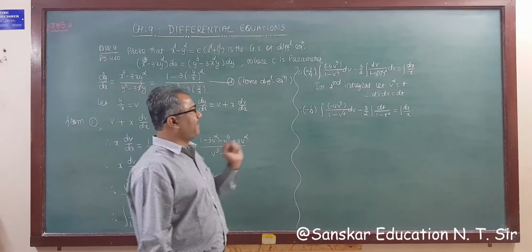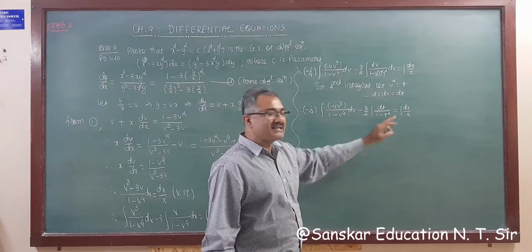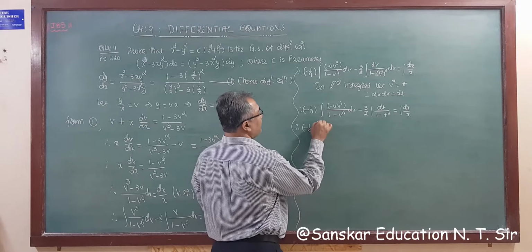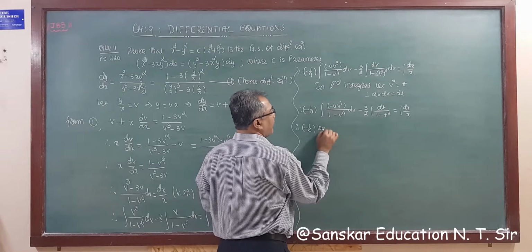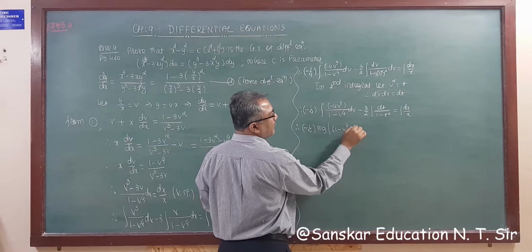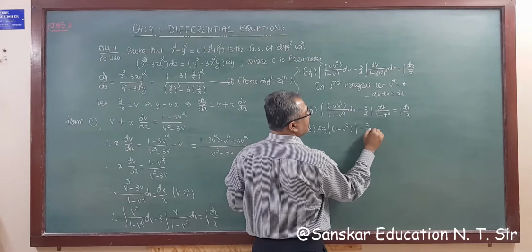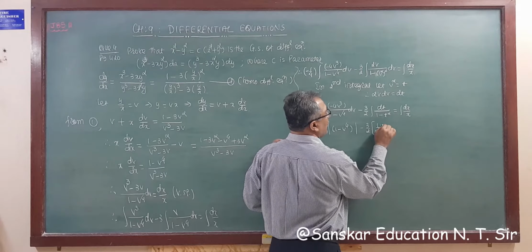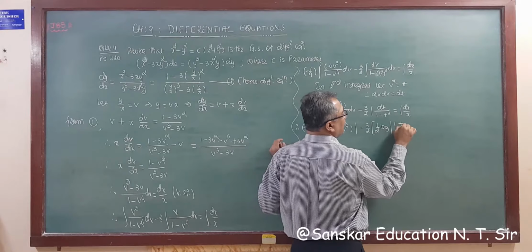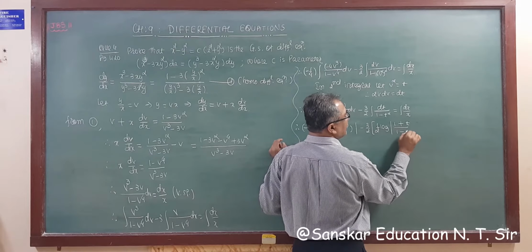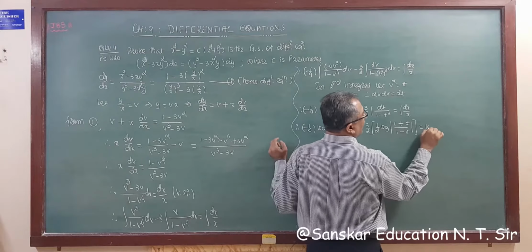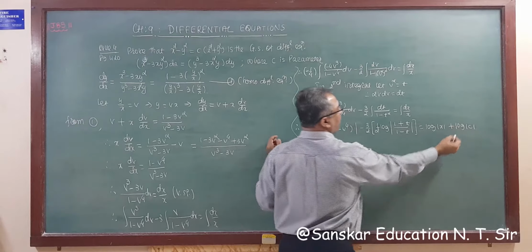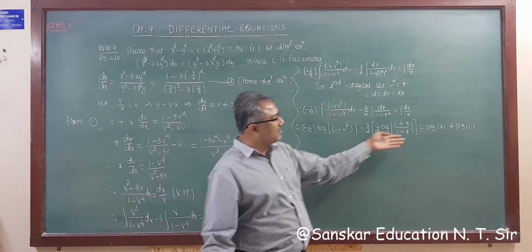Not difficult. Now the derivative upon the numerator, this is the 1 upon a square minus x square formula, so integrating minus 1 upon 4, this is log mod 1 minus v raised to 4, minus 3 by 2 as it is, and the integration of this is 1 upon twice a, a is 1, so 1 upon 2 log mod 1 plus t upon 1 minus t is equal to log mod x plus log mod c, right? Because all terms have log, so I am writing log.